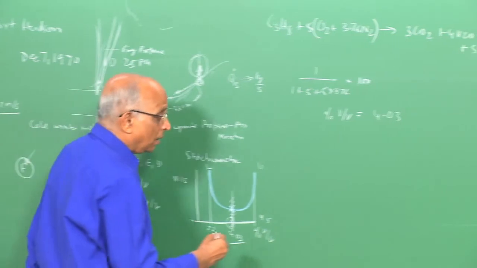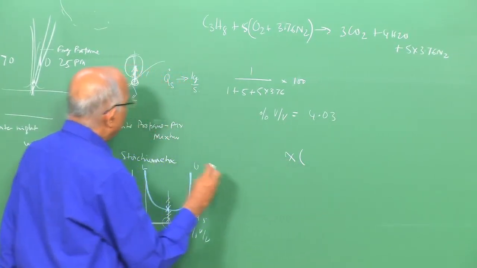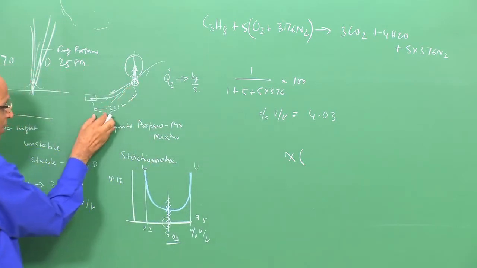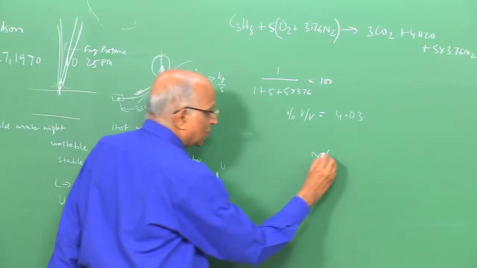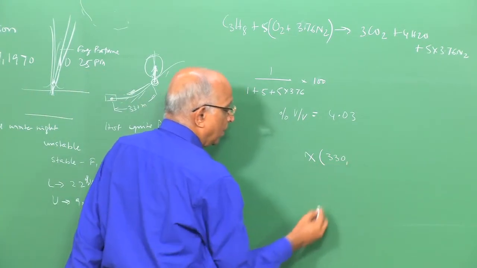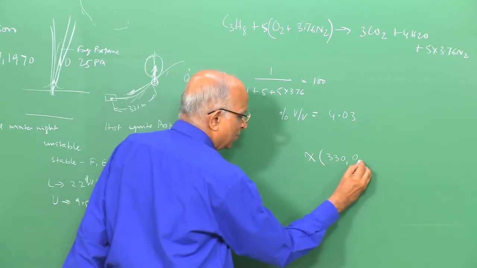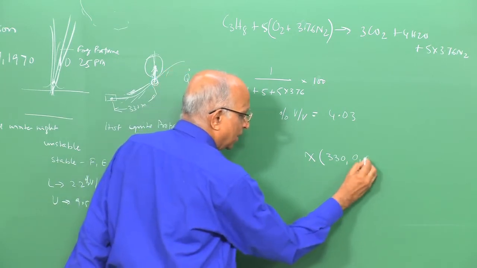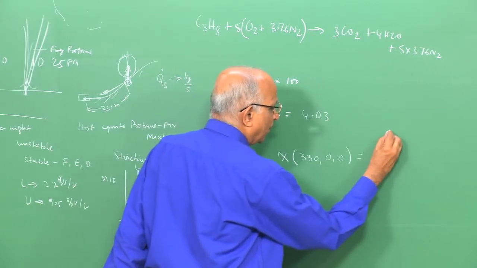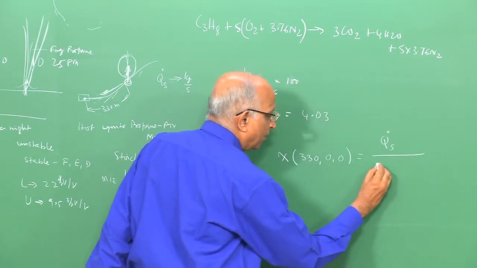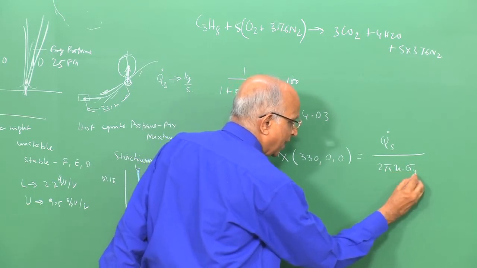Therefore, I am interested in the concentration chi at a distance. We say this distance downhill is 330 meters, and it is downhill along the wind. Therefore, I am looking at concentration at 330. I am not looking at the lateral direction, it is along the direction of the wind. Therefore, y is equal to 0 and z is 0 on the surface of the earth, and this we found is equal to q dot s divided by, I have 2 pi u into the dispersion coefficient in the y direction,